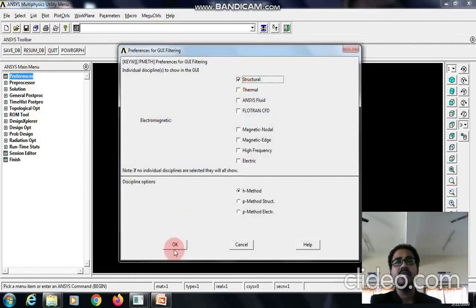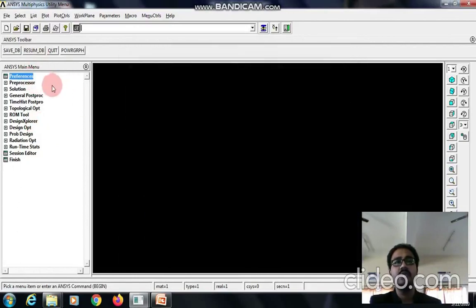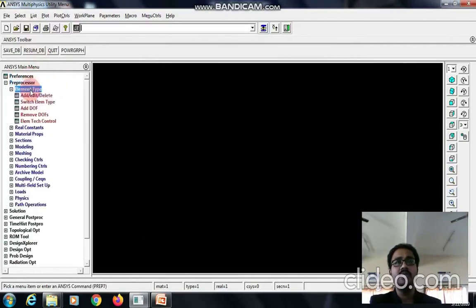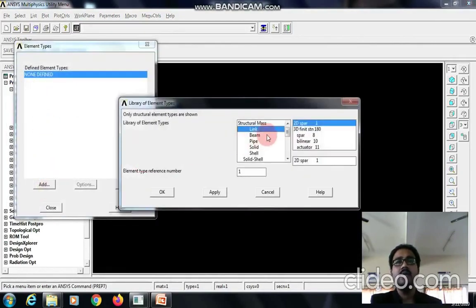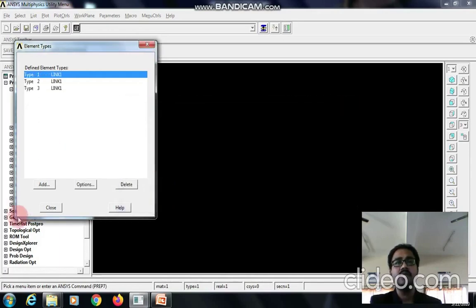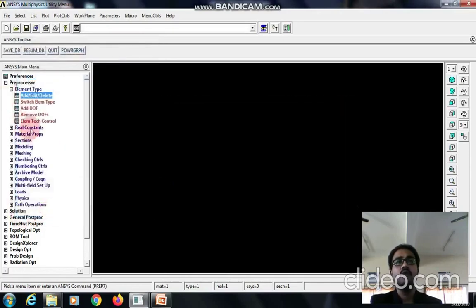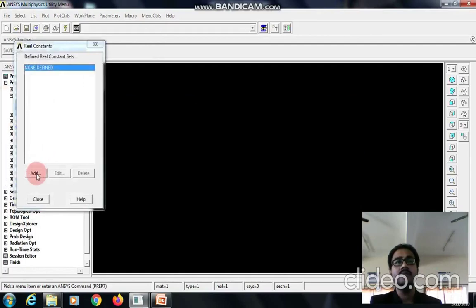Select the structural discipline in preferences, give OK, go to preprocessor, element type, add, edit, delete, add, link. We have three different materials, so go with three reference numbers. Then go to the real constant.